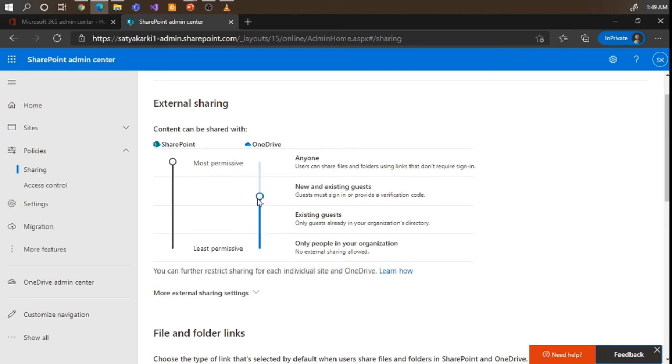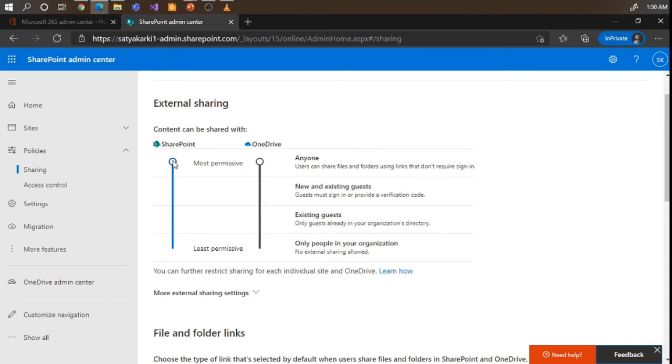So this is one. Again, you can reduce one more level. For the guest users which are available in your organization directory, you can share files only to those users. Or you can go to the least permissive, which means you can share the content within your organization. You cannot go outside of that. You can set this for both OneDrive as well as SharePoint.